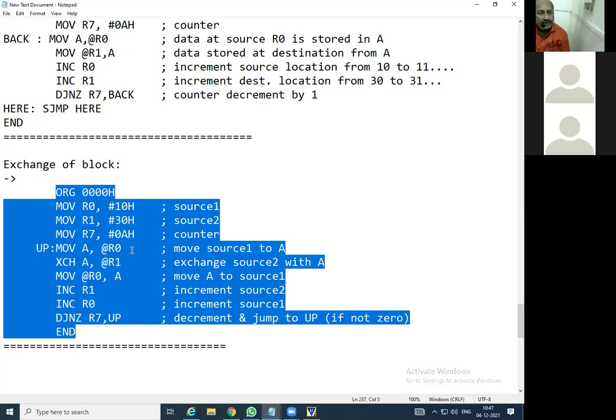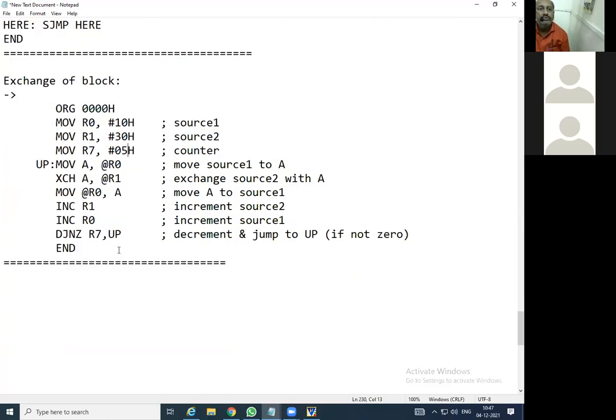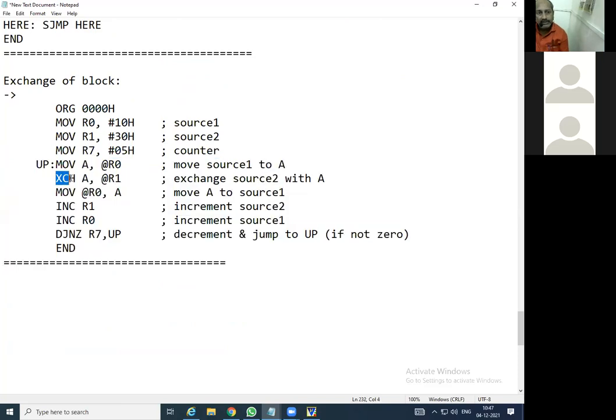Again, R7 we have chosen as a counter. The counter we have given as A, but we will change it to 5 here, so that another case also we can discuss. After that, move A, @R0, that is whatever is stored at the address of R0 is going to be transferred to A. After that, one special command is there in this 8051, that is exchange.